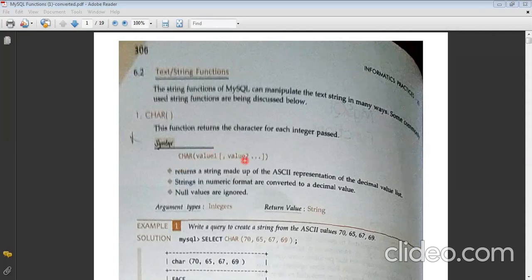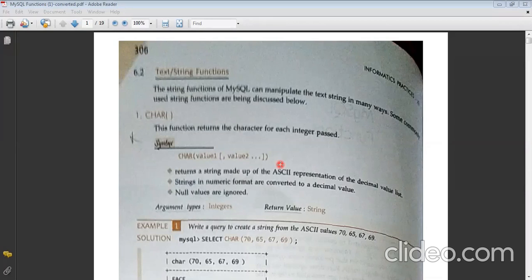So char and the different values will be passed inside it. It can take one value or many other values. It can take n number of values in the small parentheses. Now, when the values are passed, what will the output be? The output will definitely be a character or a string, because if you pass one single value, one character will come out. If you pass multiple values, then the string form will come. Here the numbers are separated with commas, but when the output comes, the characters will not be separated with commas.